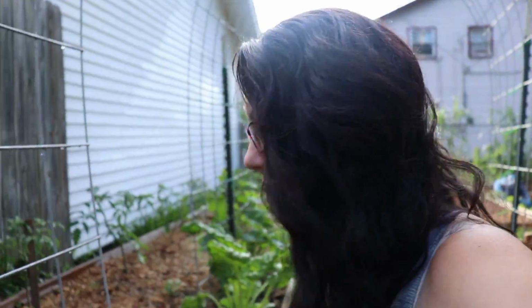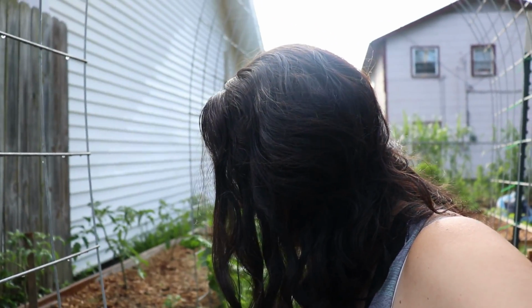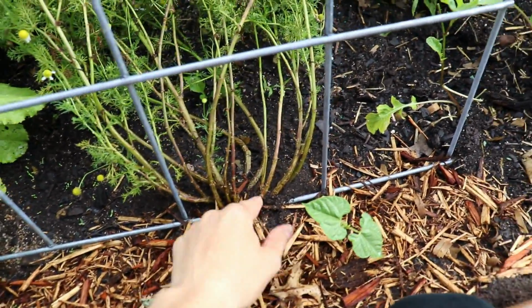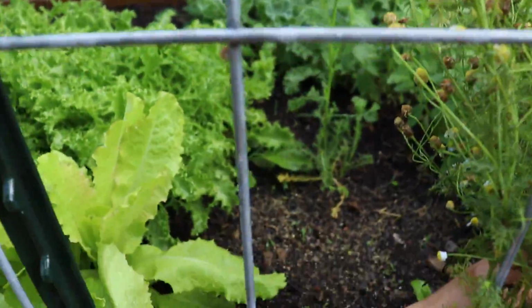One slight casualty of these beautiful arch trellises has been my really big established chamomile plant. It's still alive, it's just kind of knocked over. The trellis hits it right at the base of the roots, and it has ants all in here. So it's not blooming as nicely as it was. But right behind it,